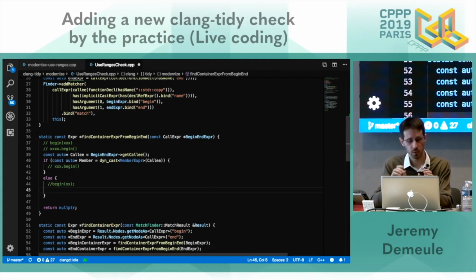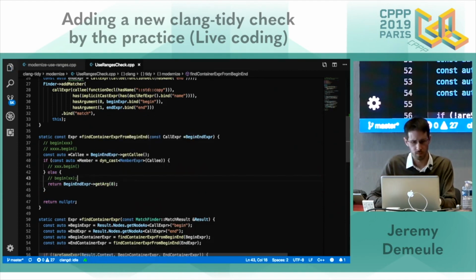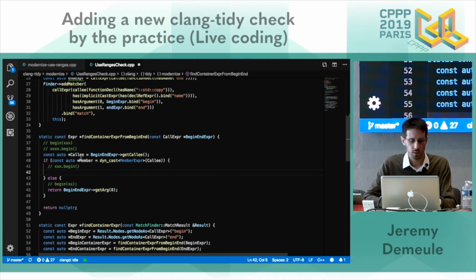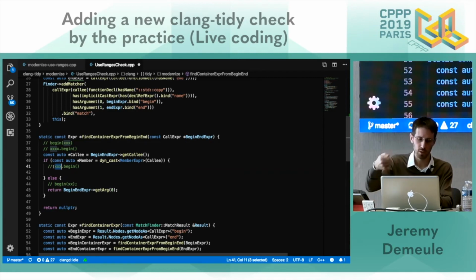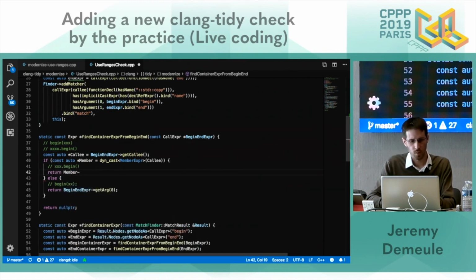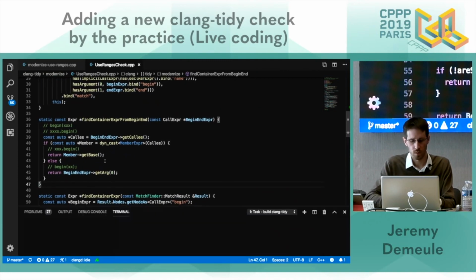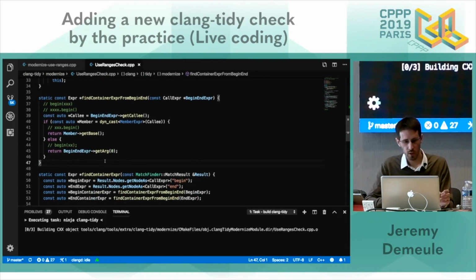What we have to return is only the first argument. So let's return it. And in case of member expression, what I have to return is the base expression allowing me to access this member function call. Get base. Now we should have everything.